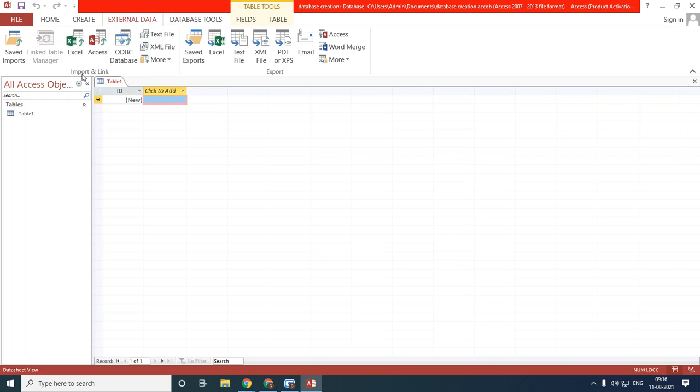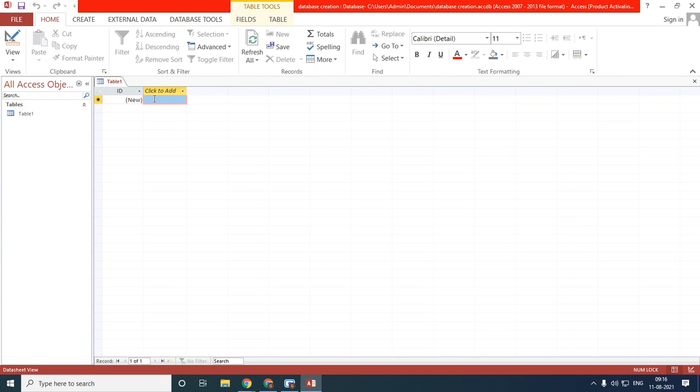Understood. Okay. Now we will create the table. To create the table, you have to enter the data here. I'll create the table as your student table. Before starting the table, first I'll tell you what you mean by field. As I told you, I'll create a student table. So in the student table, which fields does it contain? As you are a student, which fields do you have?